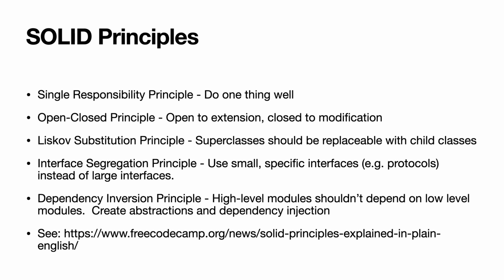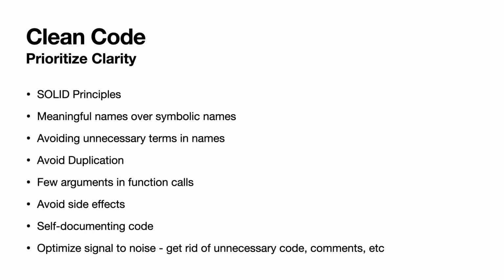Secondly, we have the open-closed principle, the idea that a type is open to extension but closed to modification. In object-oriented programming, inheritance and delegation patterns are used to maintain this principle. Liskov substitution principle posits that classes and their subclasses should be interchangeable, at least at some level. For example, an animal superclass could be replaceable in code with a cat or a dog subclass. The subclasses can have additional functionality, but must ultimately be